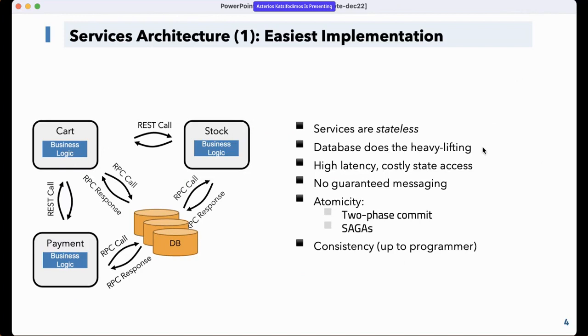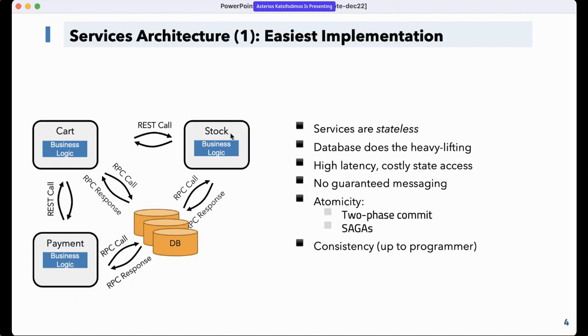Unless the database is there for you, given to you, you have to do all the state management yourself. We'll talk about this problem a bit later. There is a very high latency because every time you need to access the database, you need to pay for those RPC calls, right? There is no guaranteed messaging, which means that these REST calls that you see here, if